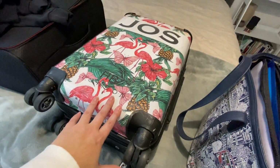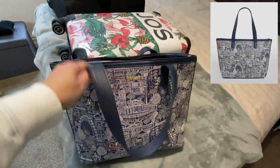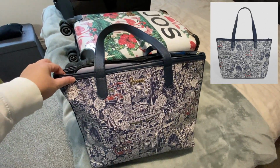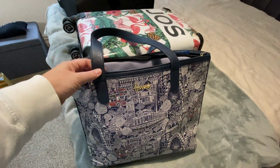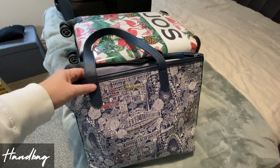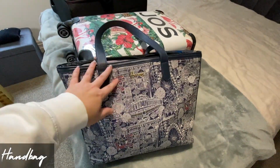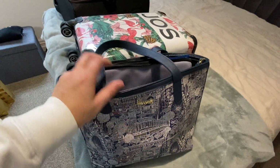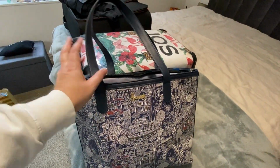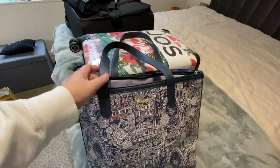So that's all done. And then with regards to my handbag, this is a Harrods, it's actually plastic, it's not leather, but I got it from Harrods a few months ago now. If I've got the details, I'll put it below, but super bargain, it was pretty cheap. As much as it's not leather, it's just so handy. I can fit in my laptop, there's a zip, so it's kind of like a Louis Vuitton Neverfull in size, but just has thicker straps and a zip, so it's a bit nicer for safety,